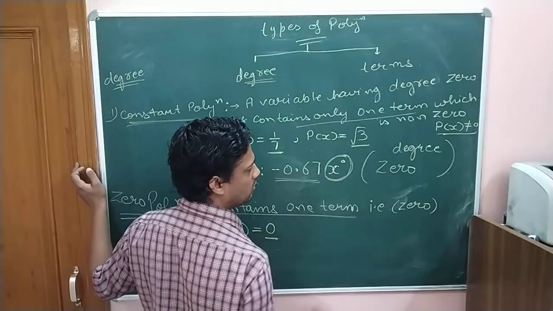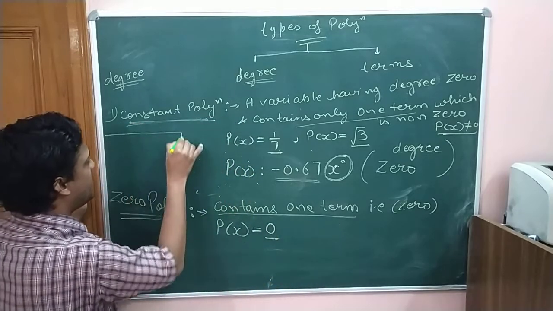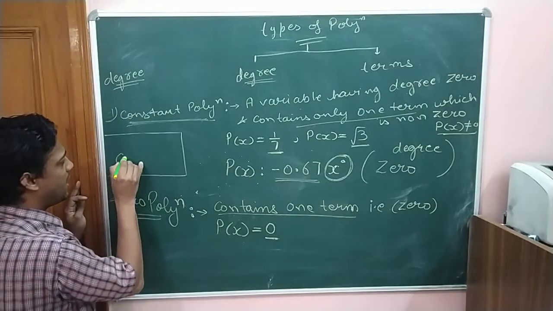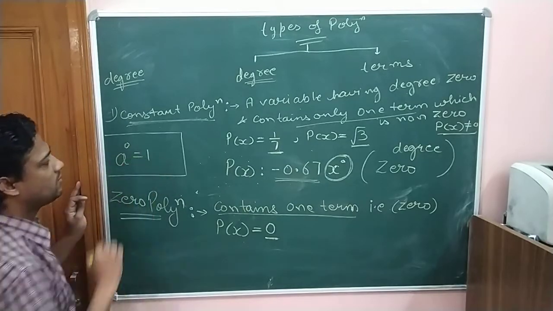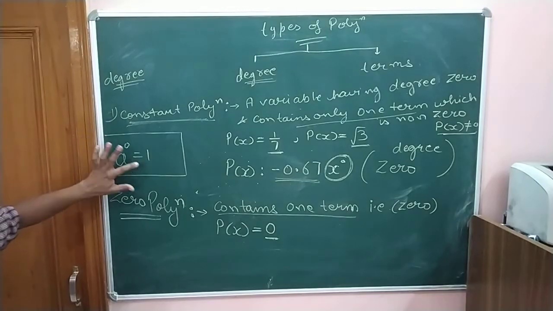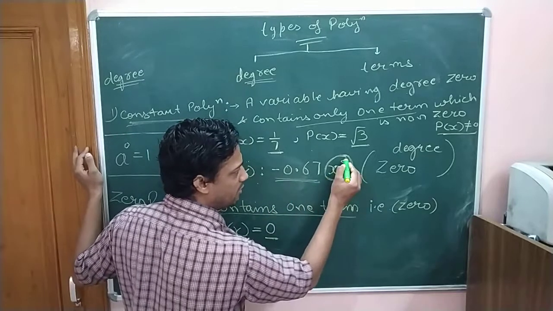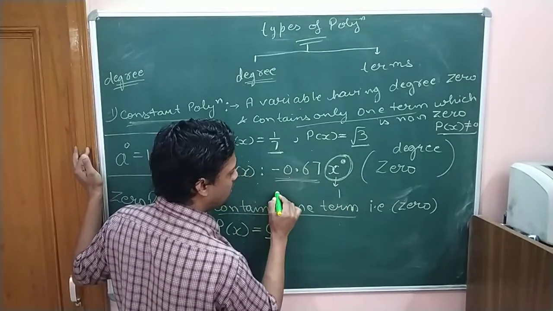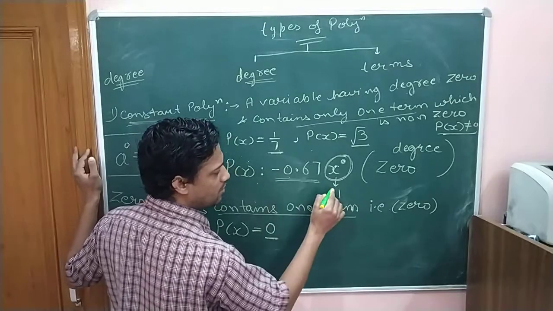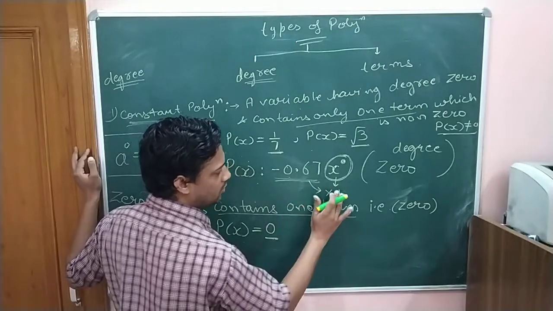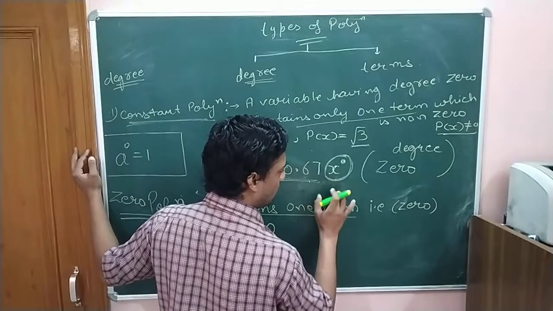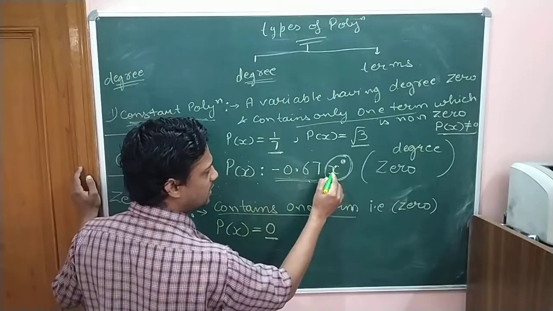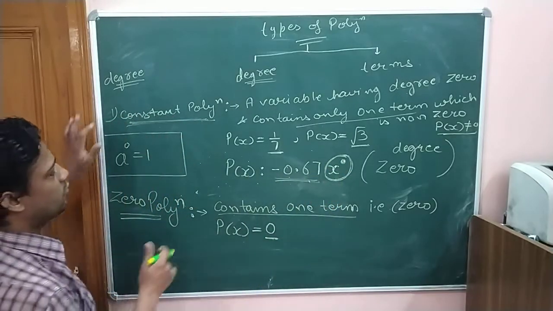In the power and exponents chapter, in the first chapter, we have already seen that any variable having the power 0 is 1. So by default x power 0 works as a 1. 1 multiplied by minus 0.67 is minus 0.67 itself, since any number multiplied by 1 is itself. So the variable with a constant is x power 0.